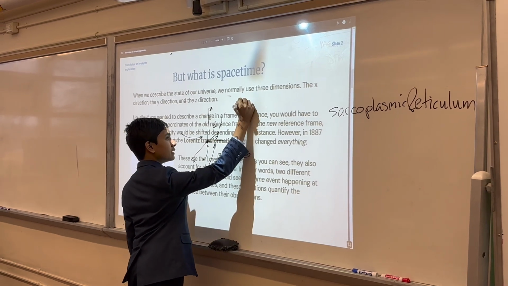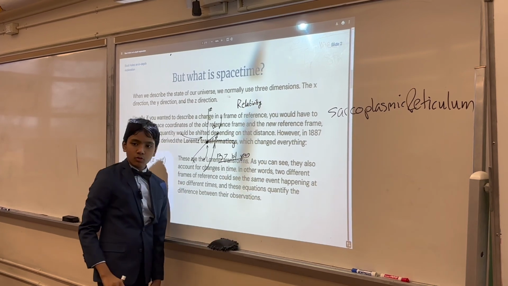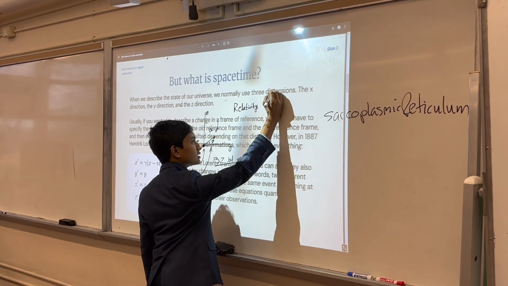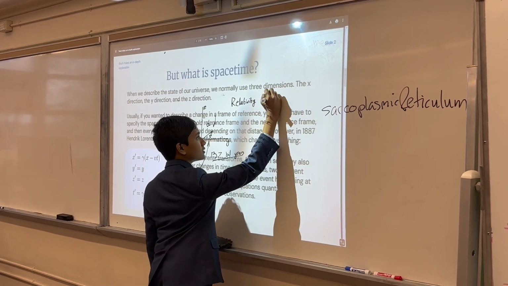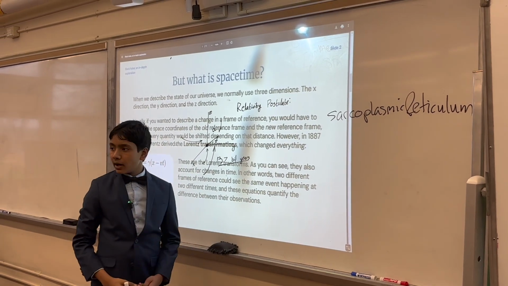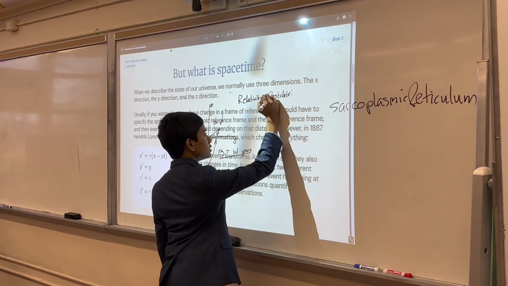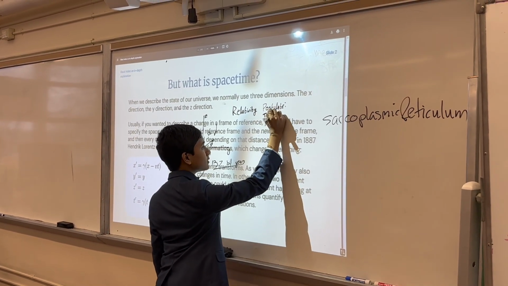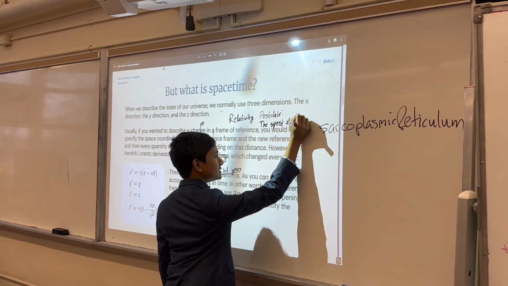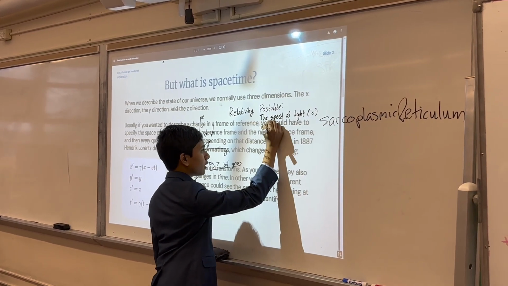Relativity changes this whole thing based on one, well, technically two, but one very important postulate. And a postulate just means something that we can't really physically confirm, but we can experimentally test, and it's shown to be true. So the speed of light, which is denoted as c, is the same in all reference frames.